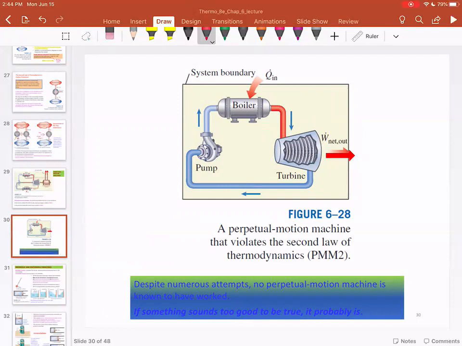That's why the perpetual motion machine of the first kind, which can create energy, and the perpetual motion machine of the second kind, which would convert heat to work without any external aid,